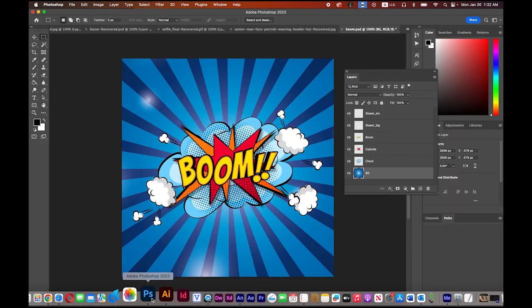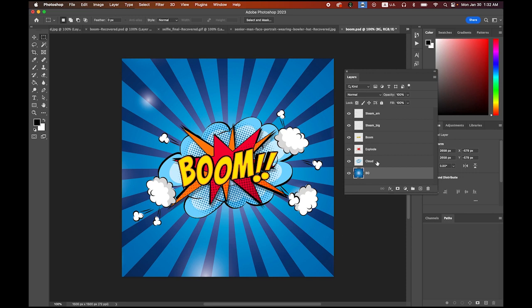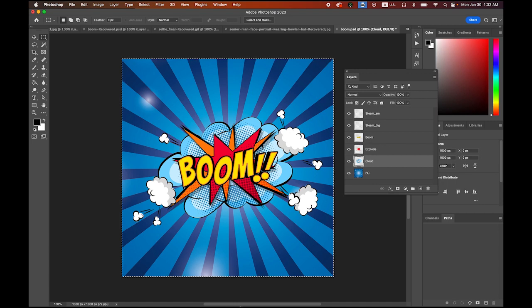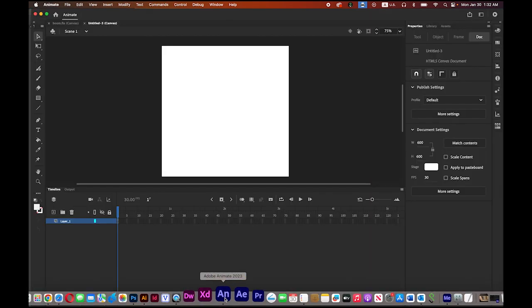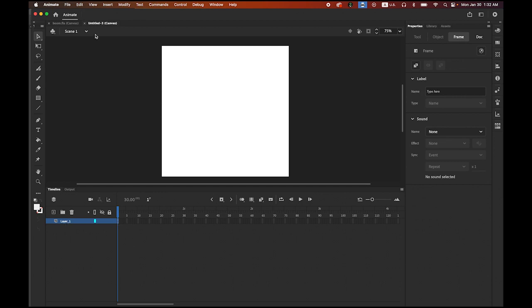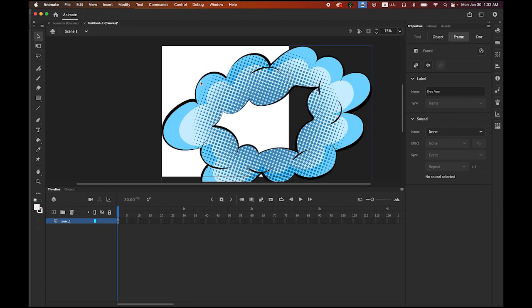Now back to Photoshop. First, I'm going to add the background layer at the very last minute. So let me select the cloud layer first and select all. And copy, and then back to Animate, and on this first layer I'm going to paste it. Let me rename this layer as cloud layer. Cloud. Okay, now